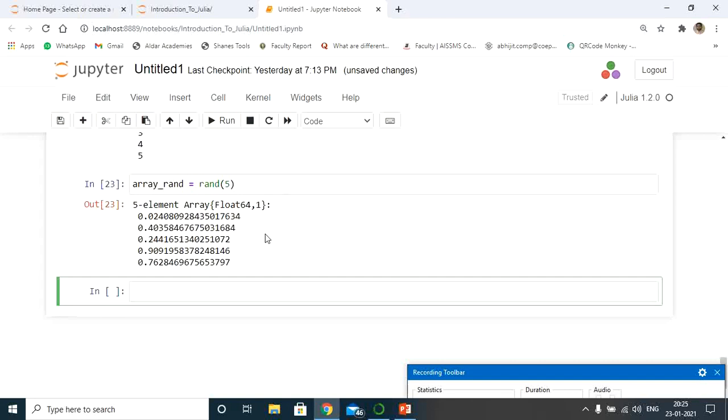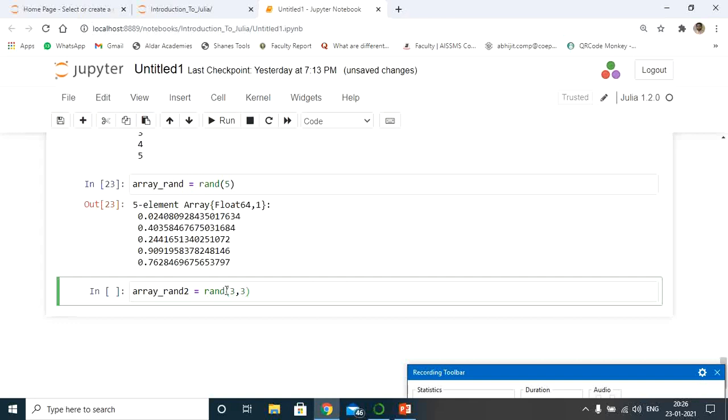In the same way, it is also possible to have two dimensions. I'll create one more variable, array of random2, equals to, again using the same method called rand, and I'm going to have the values in a 3 cross 3 matrix, a 3 into 3 matrix.